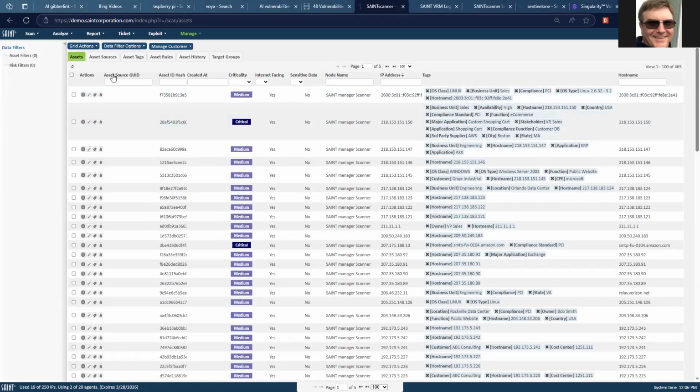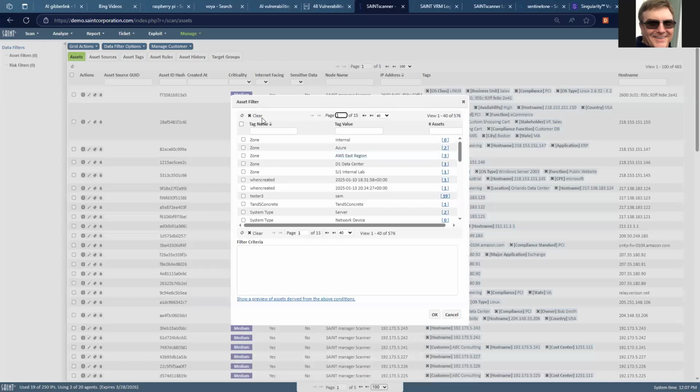And you'll notice an asset source GUID field. I added that from the Choose Column selector to determine what assets were in the repository as a result of an asset connection. I can also filter this list to find out what assets were in that asset source